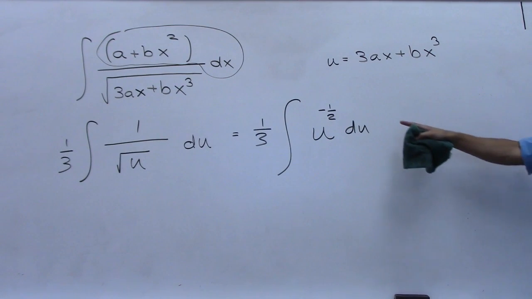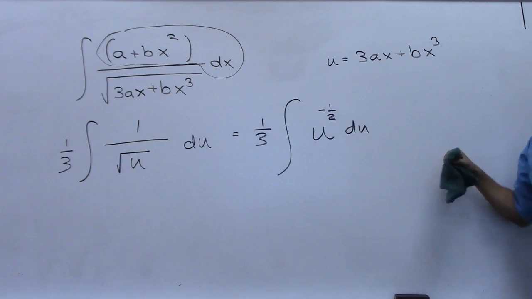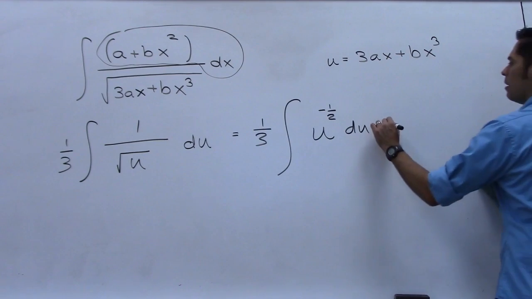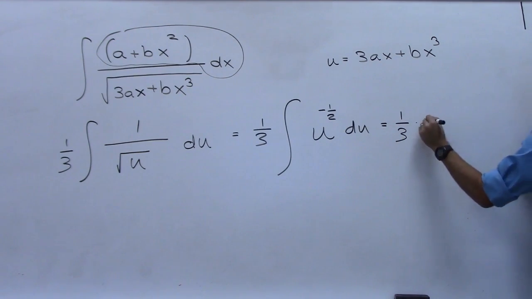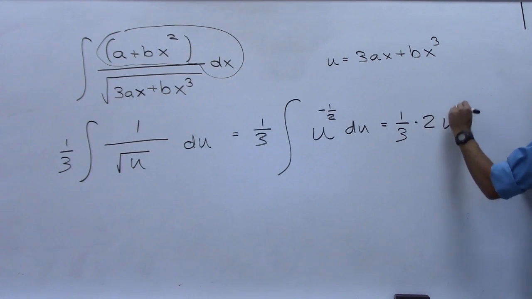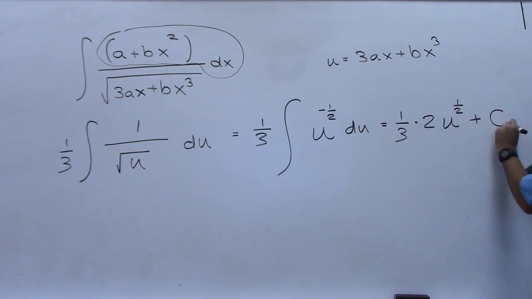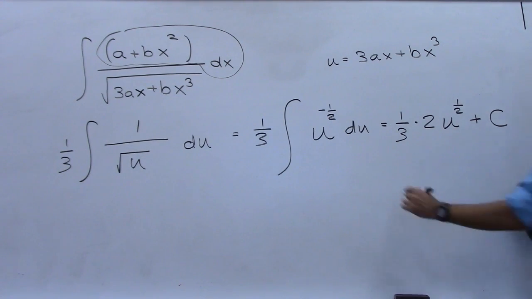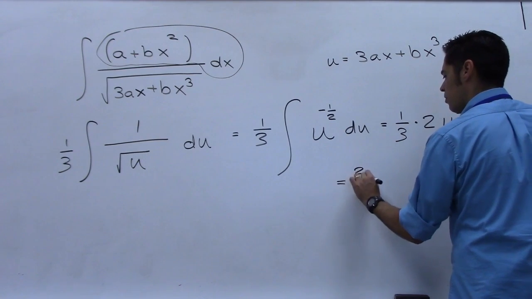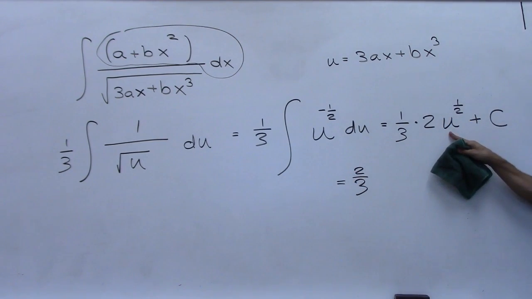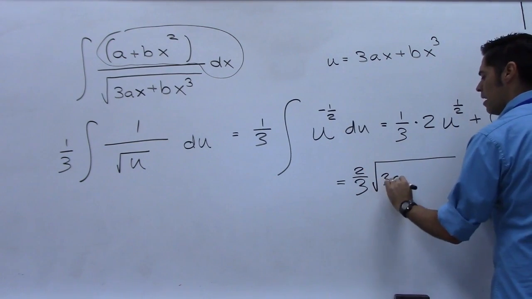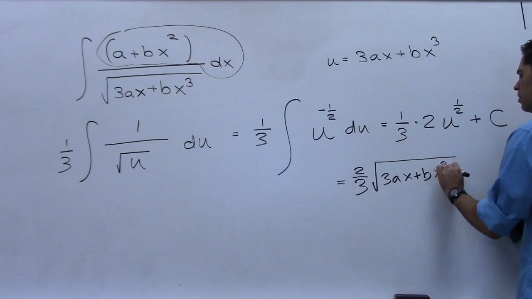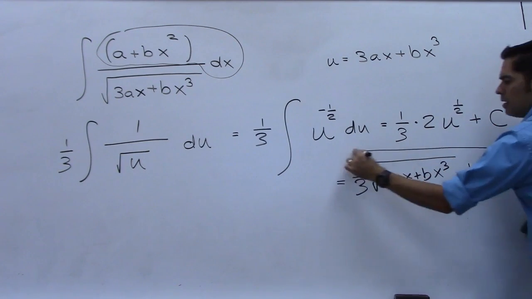And then just use your power rule. So I'm going to add 1 to this. When I add 1 to that, I get a 1/2. So out front, I'm going to have the 1/3 that's coming along. I have 1 over 1/2, which flips and becomes 2. And I have u to the positive 1/2, and then plus some constant. That's 2/3 instead of 1/3 times 2, so 2/3. This is really the square root. So I'm going to go square root of u, but u was 3ax plus bx cubed plus c, and I'm